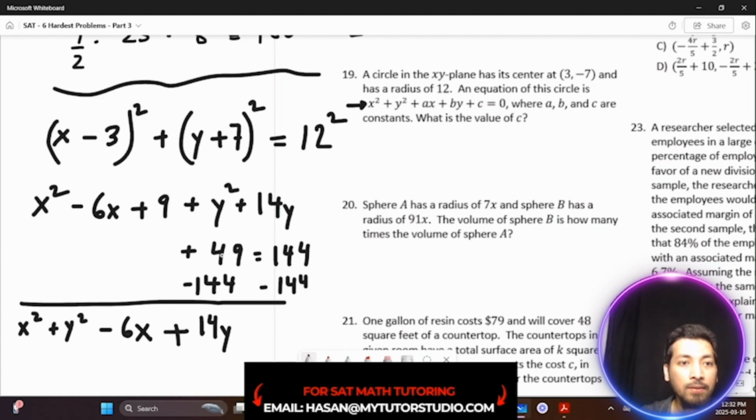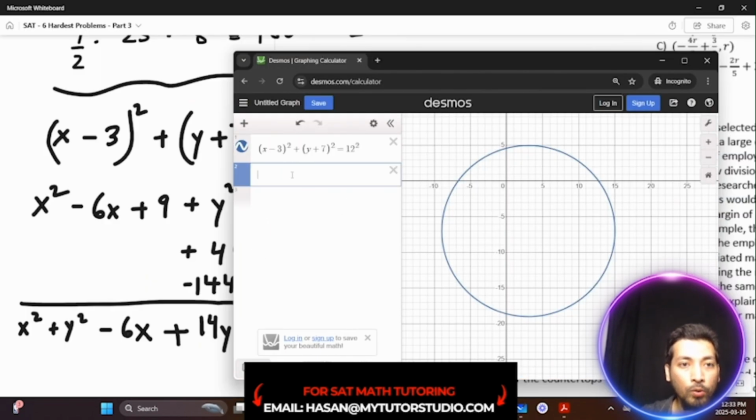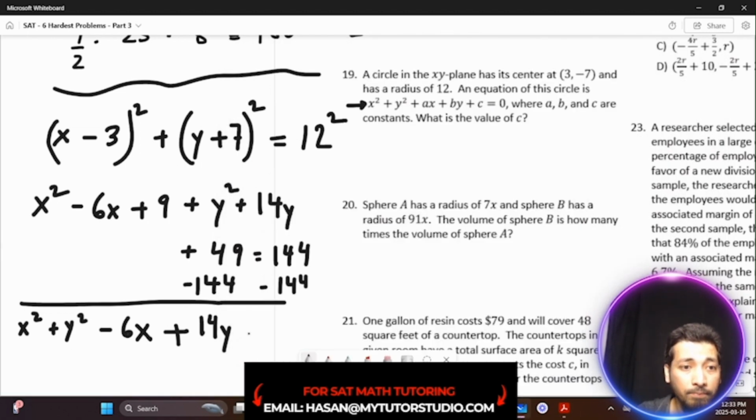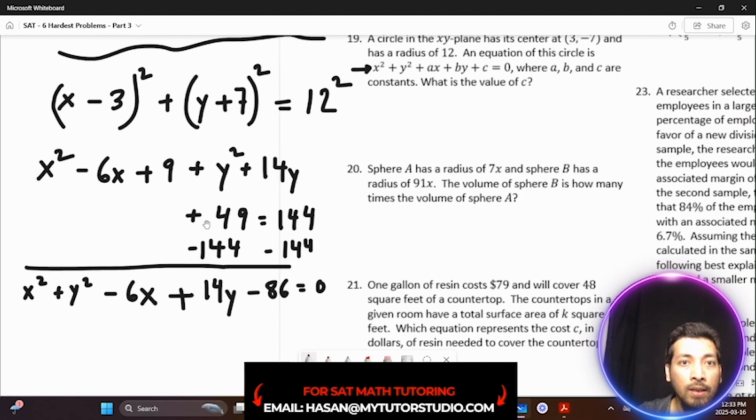So we have 9 plus 49 minus 144. That is -86 is equal to 0. And this is equal to x squared plus y squared